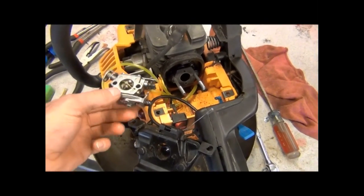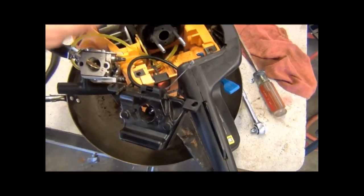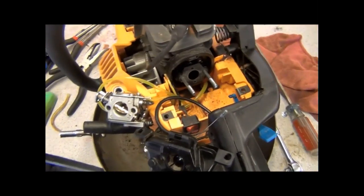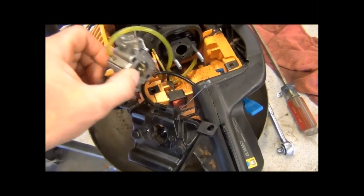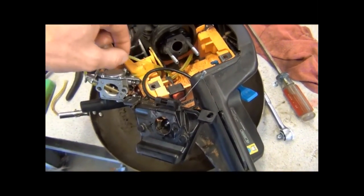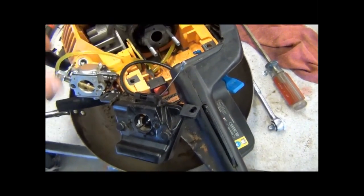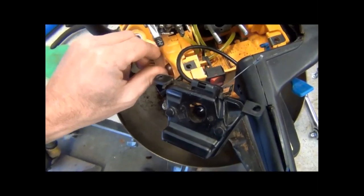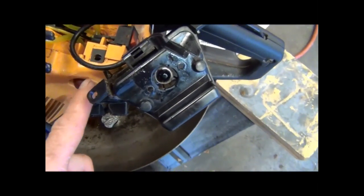Poulan Pro. Poulan makes a Pro weed eater and a Pro chainsaw. But it's the same kit for the chainsaw and the weed eater, I guess, because the ad said for a weed eater, and I didn't notice it until after I ordered it, and I hoped it was right, and it was right. But anyway, got your small diameter fuel line and a large diameter. Large diameter goes to the primer bulb right here, and if you're facing the primer bulb, the right hand